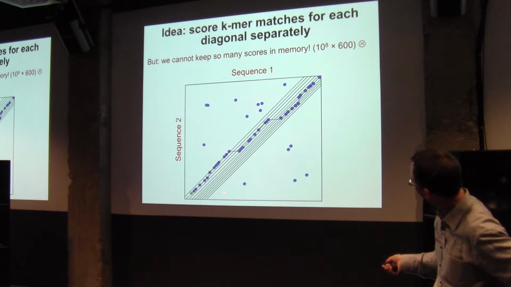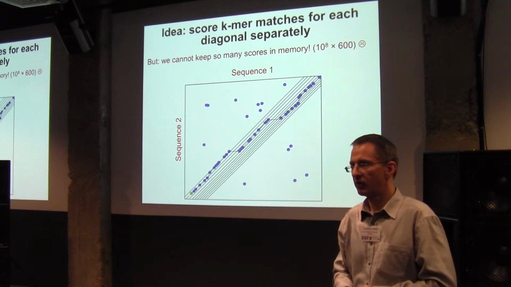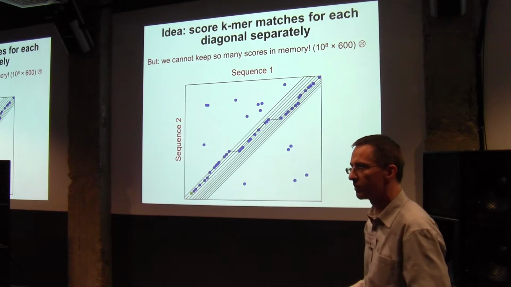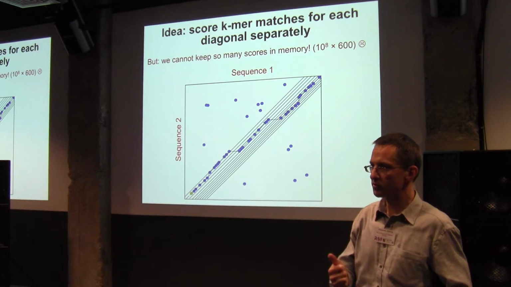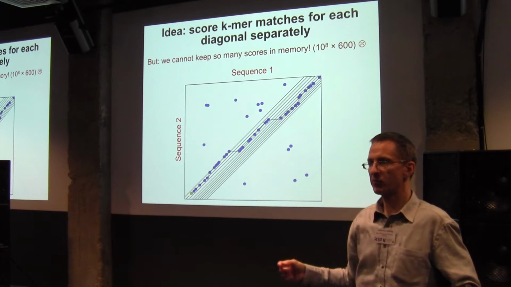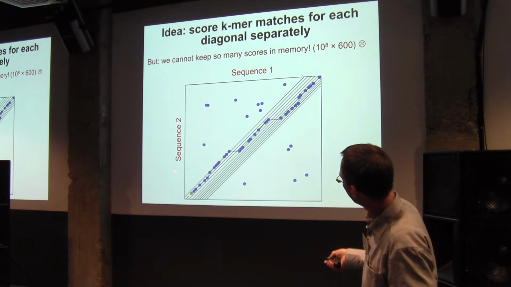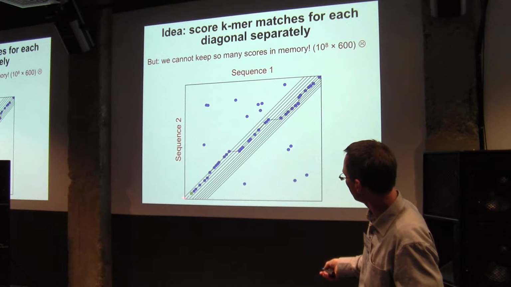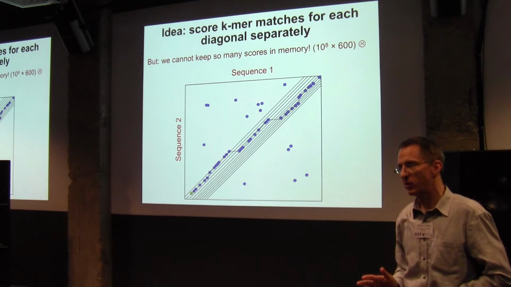So each diagonal is one of those lines, and instead of scoring sequences, we score sequence and diagonal together. Then we look at which diagonals in which sequence have accumulated a good score. In principle, this would work, but you need to store the scores not only for the 10 to the 8 sequences that you're searching against in your database, but also times the number of diagonals. When you compare a sequence of length 300 with a sequence of length 300, you need to store 600 diagonals, each one with a number. This one would be 0, -1, -2, and so on, +1, +2, and so on. And just to hold this in memory is completely impossible.